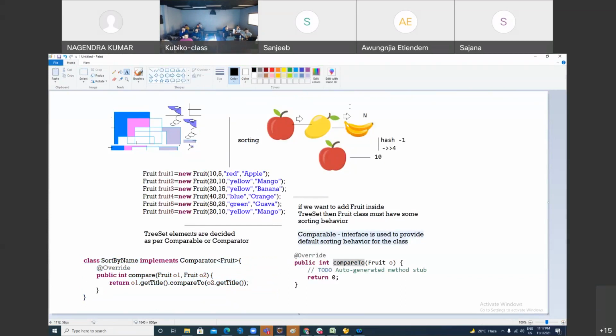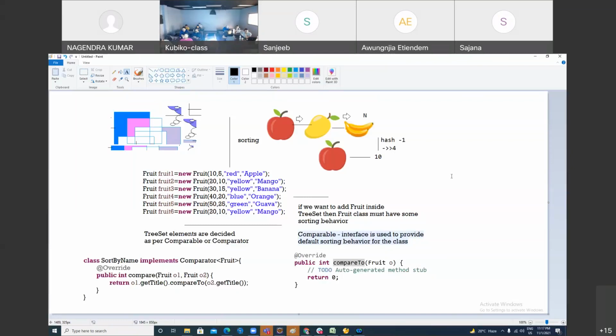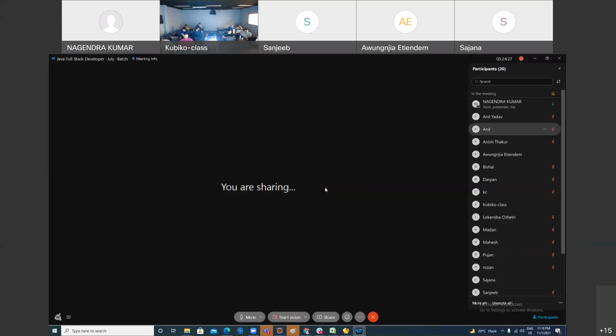So my dear friends, so far I have done Set: HashSet, TreeSet, LinkedHashSet, and why searching takes constant time, the internal implementation of hashCode, how it works, and different complexity. And finally we talked about Comparable and